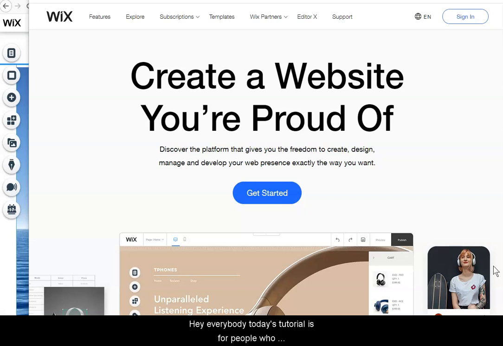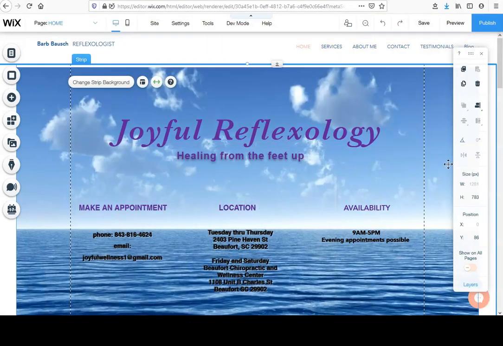Hey everybody, today's tutorial is for people who have a website using Wix and want to add a Facebook icon or other social media icon to their website. It's not exactly the most straightforward thing, so we're going to have a little tutorial and show you how easy it can be. Now, I'm going to use this website here, and over here, you're going to come over here